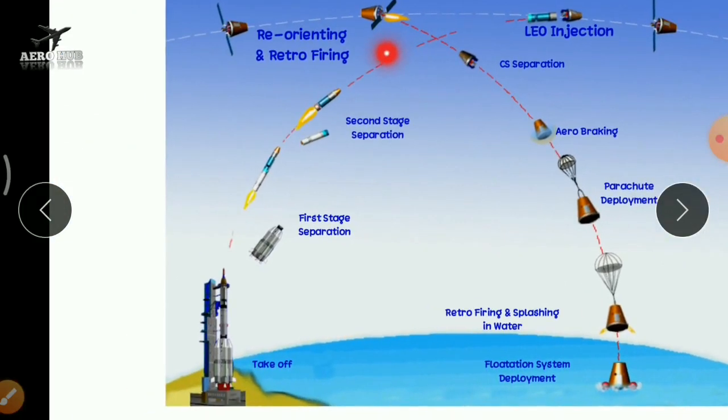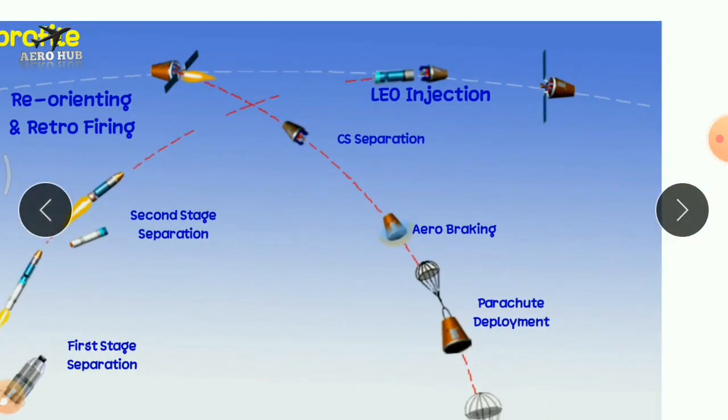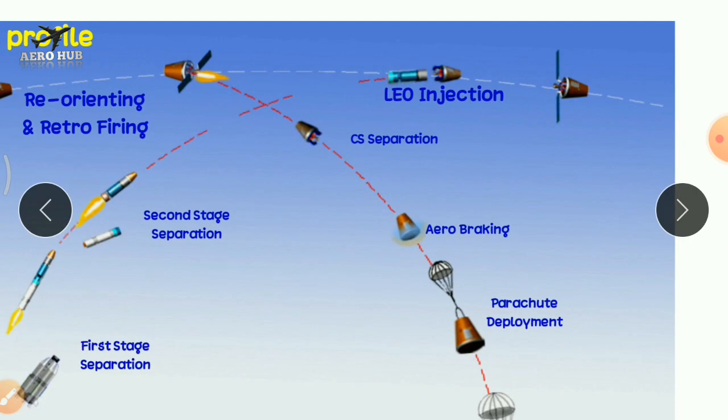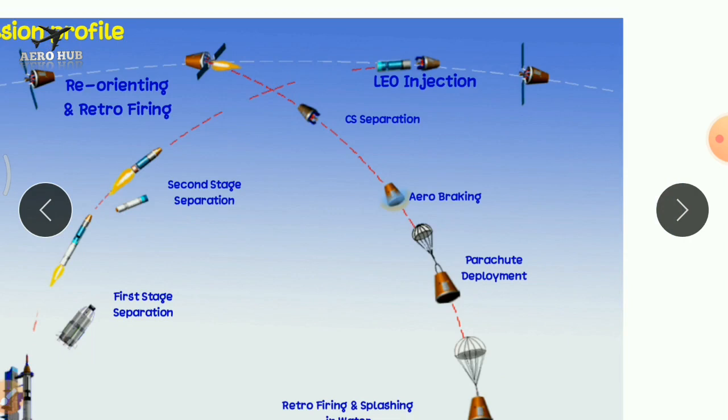You can see here it reaches the low earth orbit and goes for the injection of the satellite. There are different techniques for orienting the satellite to a certain position, called attitude control dynamics, and that is beyond the scope of this rockets and missiles course. I'm not going to discuss that. Attitude control means the satellite will be oriented to a certain position. We have certain provisions for attitude control.